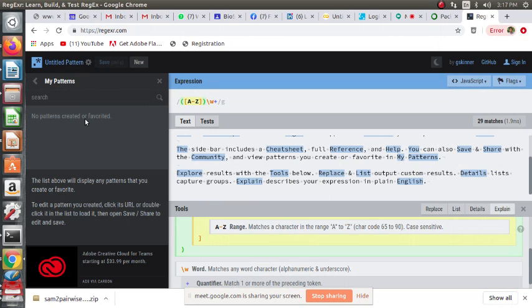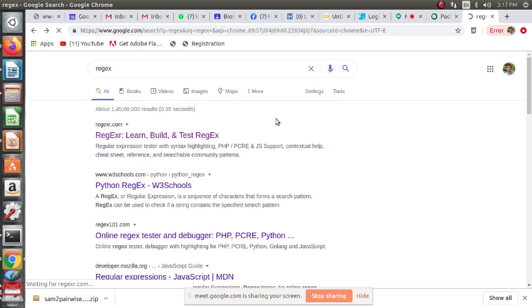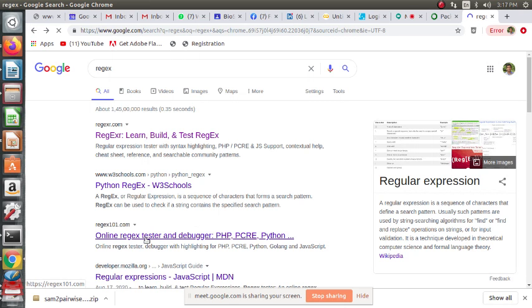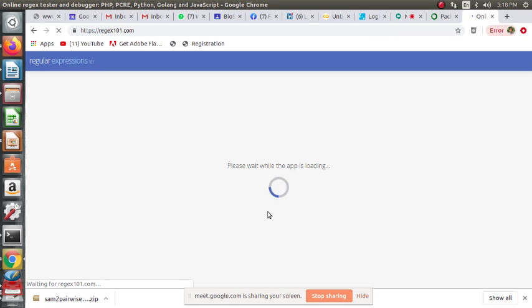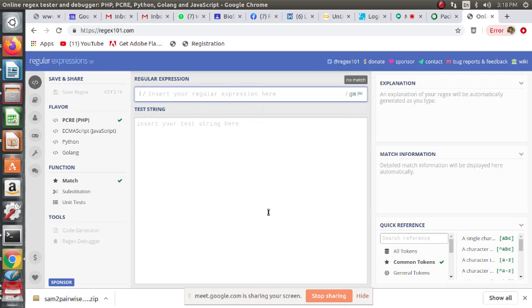If it is quite cumbersome, you can directly check in this way, with regex101.